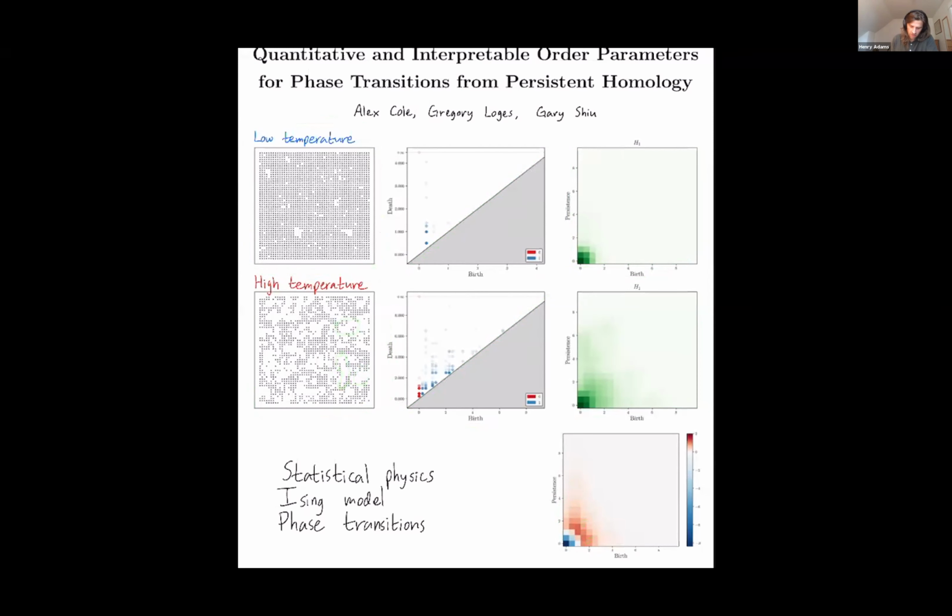Whereas the low temperature in blue was more characteristic of this region. You had holes that were born earlier and didn't last as long, these smaller holes that we see here. So we get a little bit of interpretation as a result. When we apply machine learning classification on these persistence diagrams, we can go back and ask what were the geometrical features that were characteristic of making a prediction that this is a low temperature simulation versus a higher temperature one.